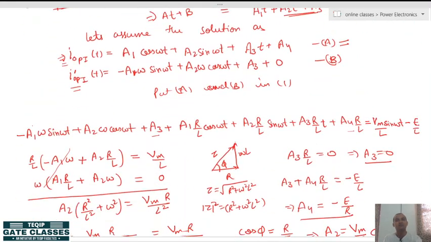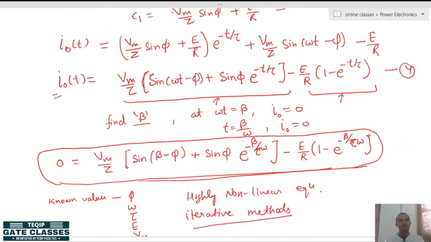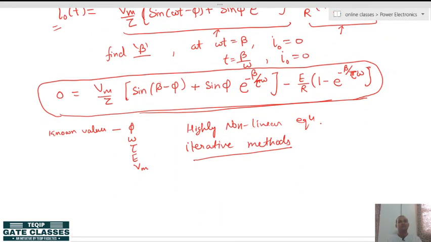So, in this lecture we are covering up to this point. In our next lecture, we will discuss the RL and RLE loads with freewheeling diode and other types of load for a single phase half wave circuit.